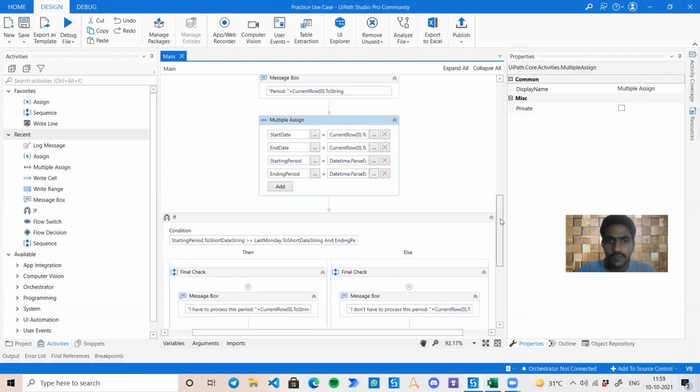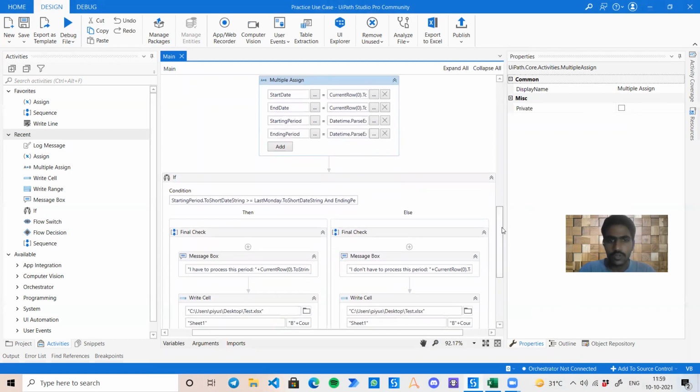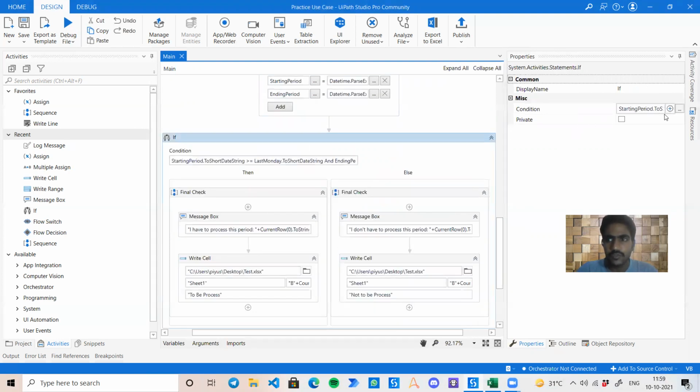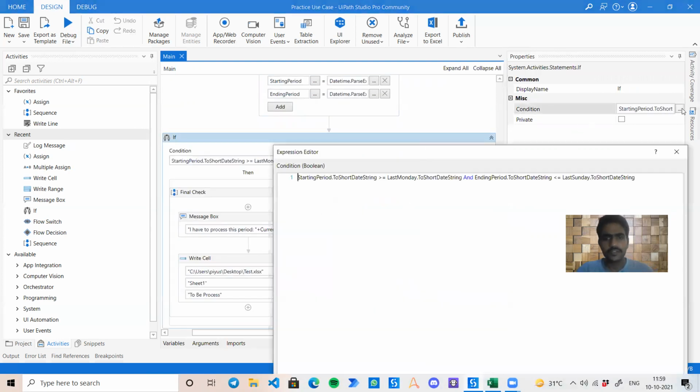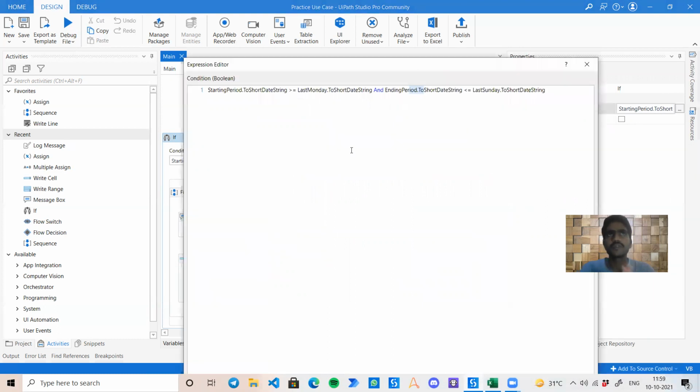Thus, we now have all the input data. We have got our last Sunday, last Monday, starting period and ending period. These are the four inputs that we need. So finally, we just need to use an if condition to check whether the date is less than or greater than. Now my logic is, the starting period should be greater than or equal to Monday, and my ending period should